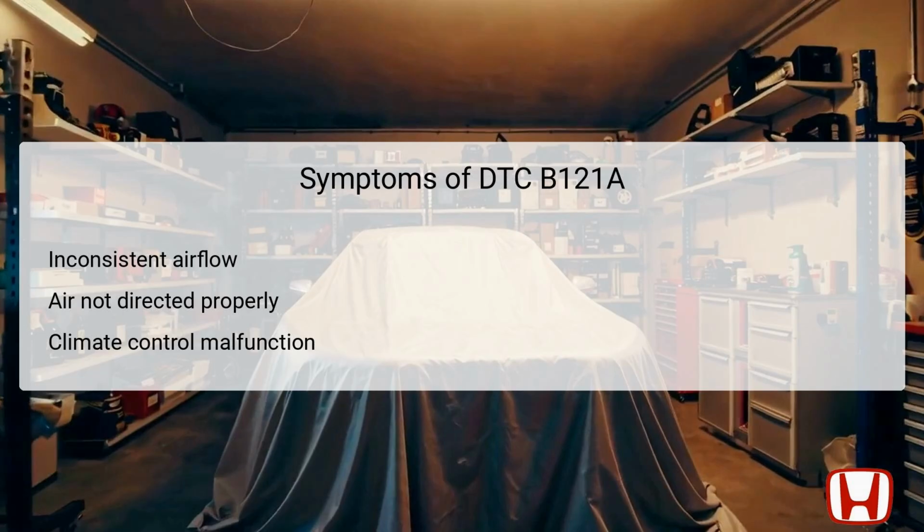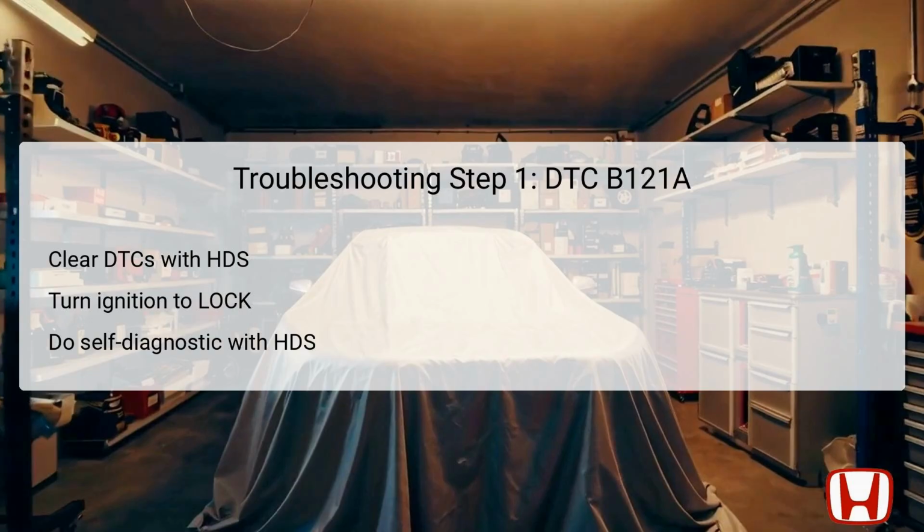Additionally, the entire climate control system may exhibit malfunctioning behavior, with some features not operating at all. These symptoms are crucial indicators of an underlying issue within the mode control motor circuit and help guide the troubleshooting process. The first step in troubleshooting the DTC B121A is to clear any existing diagnostic trouble codes, DTCs, using the